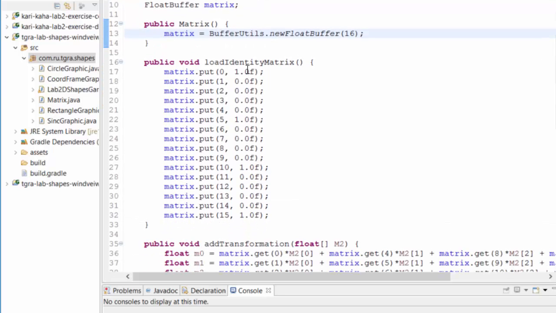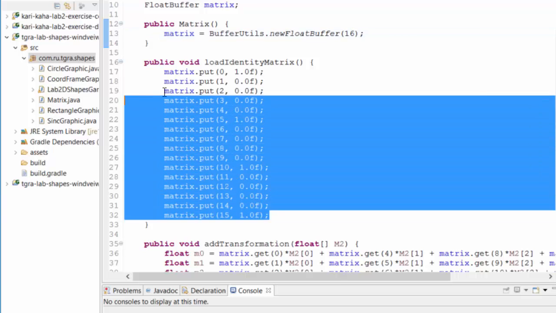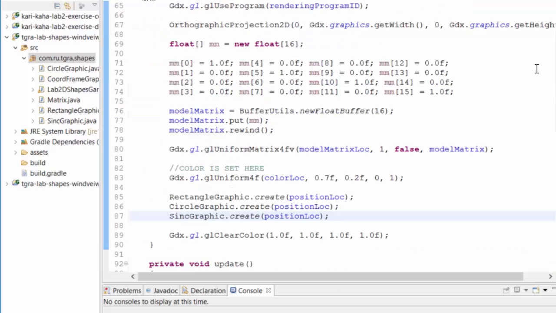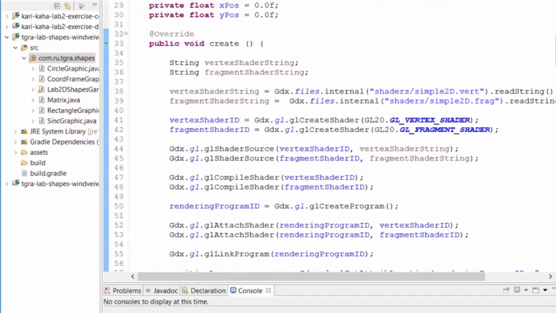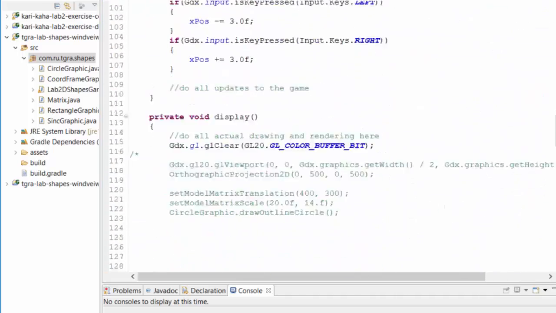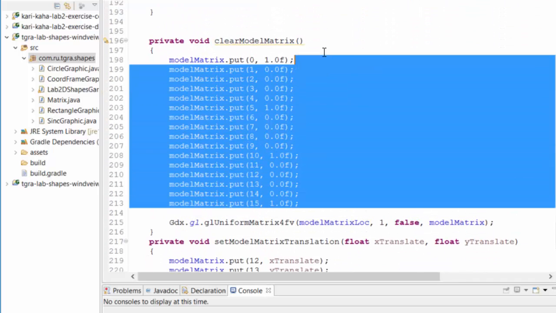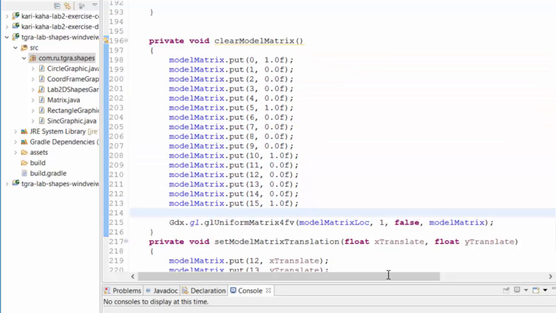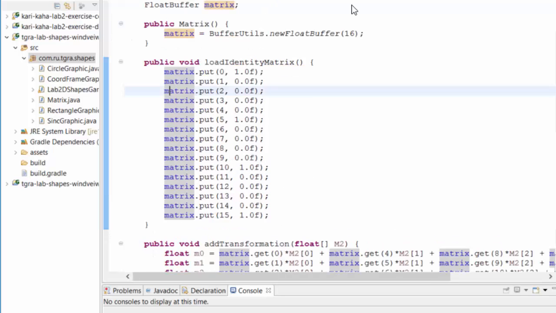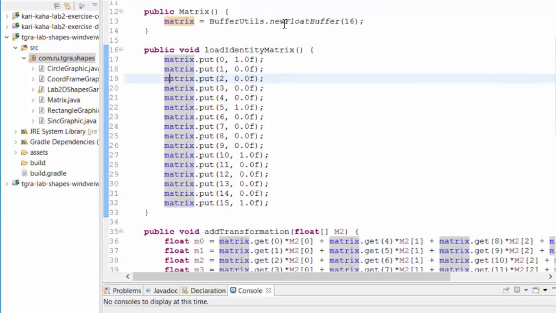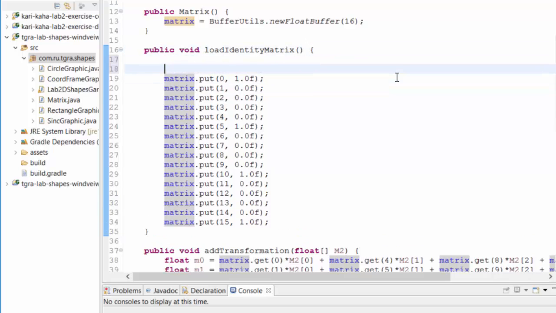So this code here, load identity matrix, was already inside the base game class that I have online in the base project. It already has this code here, clear model matrix, and I just use that same thing. What it simply does is put an identity matrix into the matrix. So just to put a little bit of a comment explanation here,